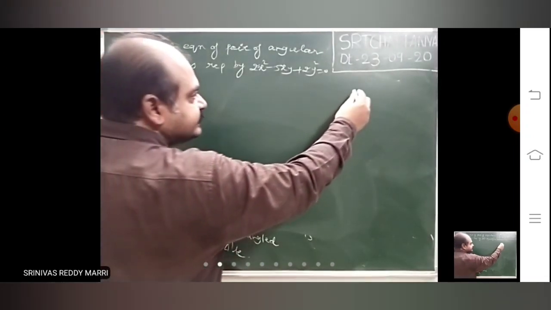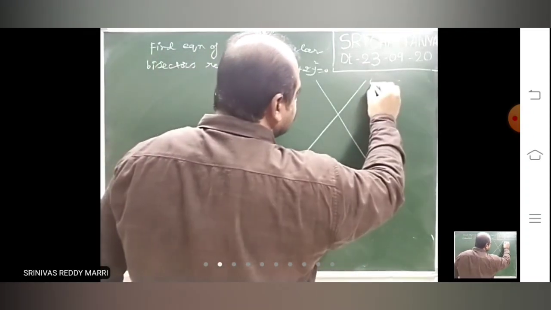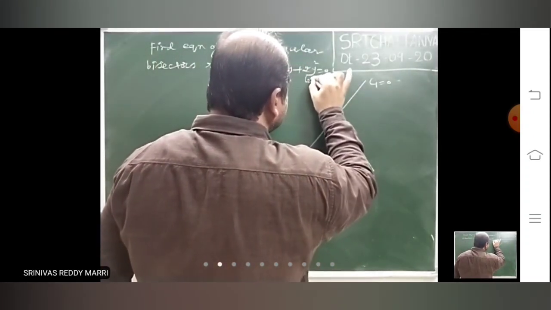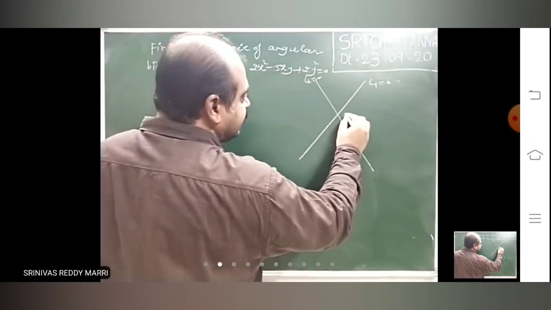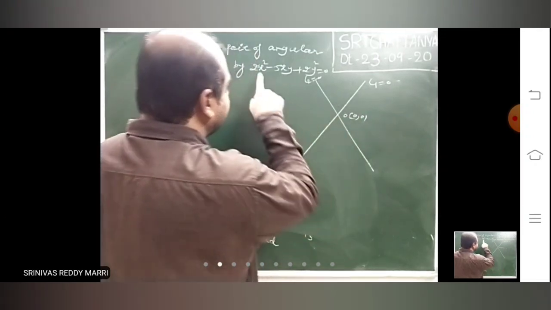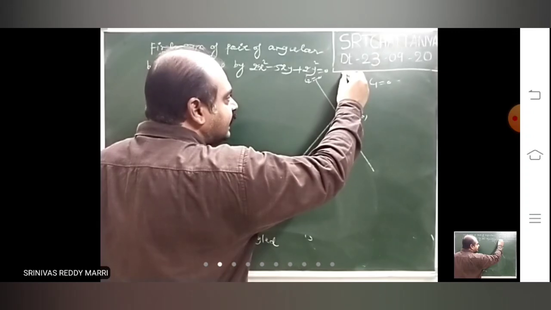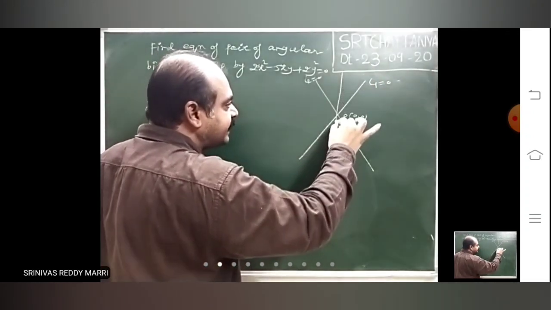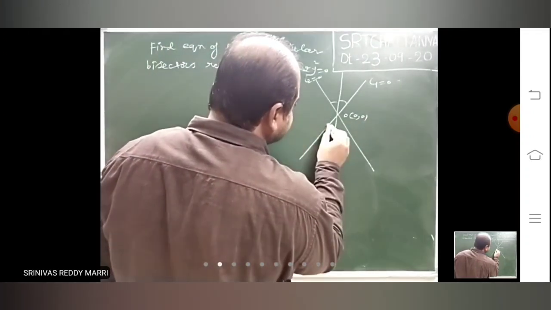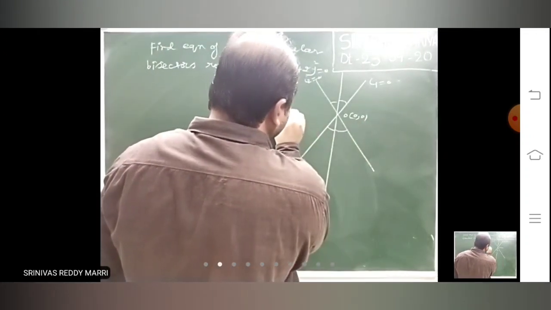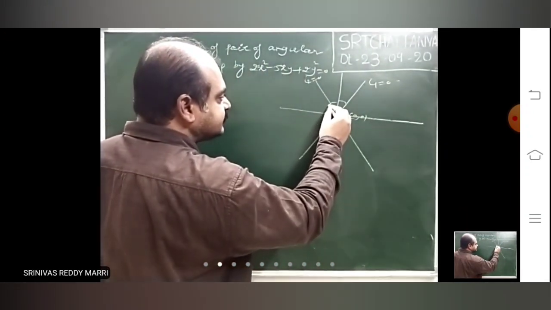Look at these two lines are there. Let us say these two lines are L1 equal to 0 and L2 represented by this. So obviously point of intersection is origin. For these lines point of intersection is what? Origin. So there are angular bisectors. Now one line is this which bisects this angle, and then one line which bisects this angle also, and another line will be this which bisects this angle.